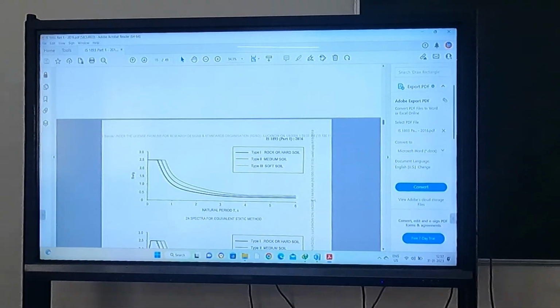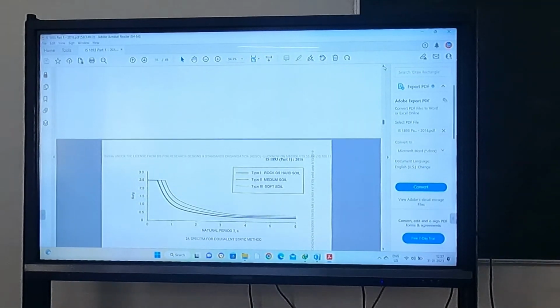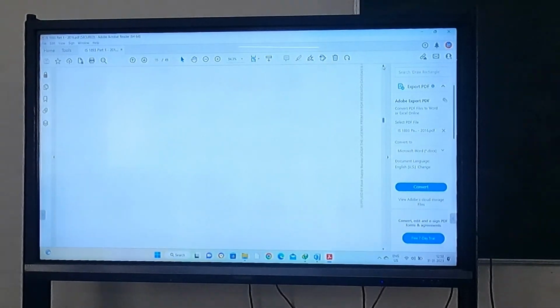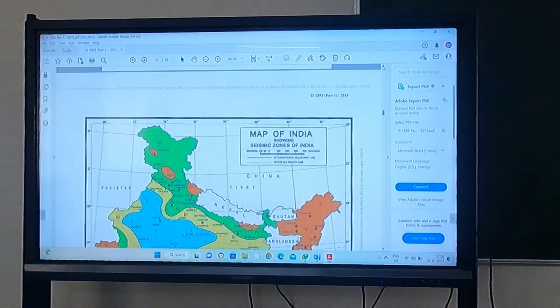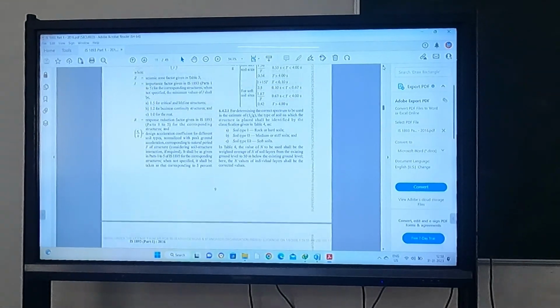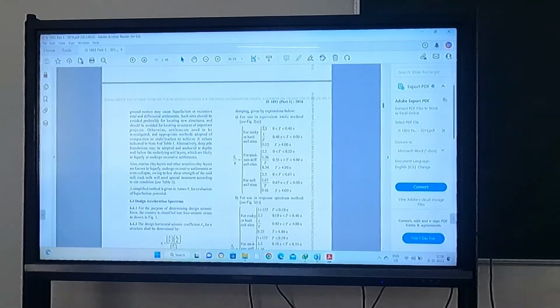This first one, we have to use the response spectrum given for equivalent static method. Then we have to calculate the base shear. So this base shear will be compared with the base shear given by the software. Okay. So for this case, I can calculate the base shear and tell me. 1.53. This one we have to use now for using equivalent static method.